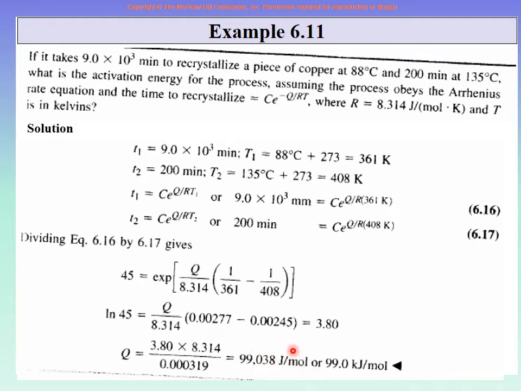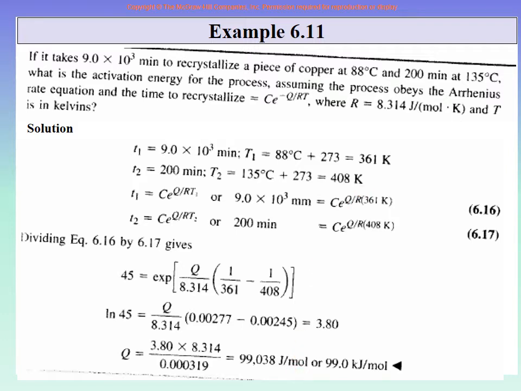The unit you have to understand carefully, that you write all the values, and because it is energy per mole, so this will be joule per mole. This you have to, because of this R. The R was joule per mole per Kelvin, right? Joule per mole per Kelvin. So therefore, because of that, the answer is in joule per mole. So we are just showing you this.